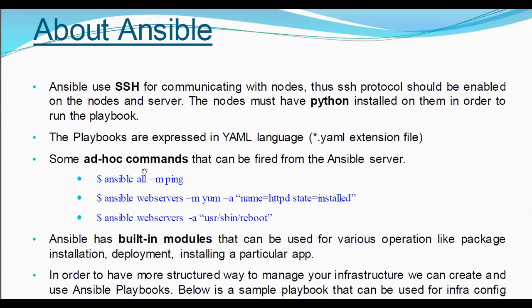You can execute your tasks for automation. You can have all these different commands written inside a script to have all the tasks executed one by one, and that script will then be called a playbook.